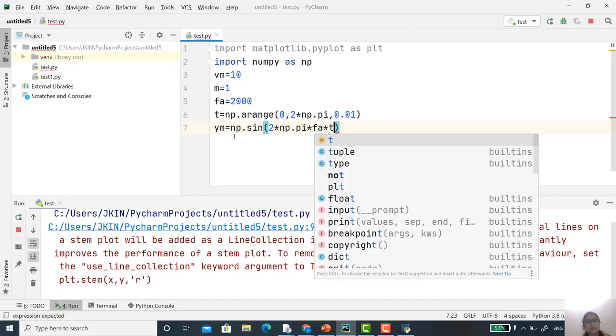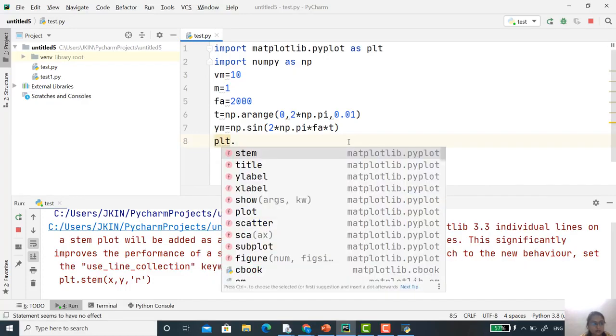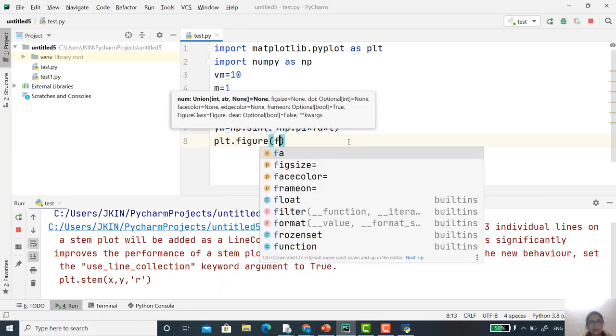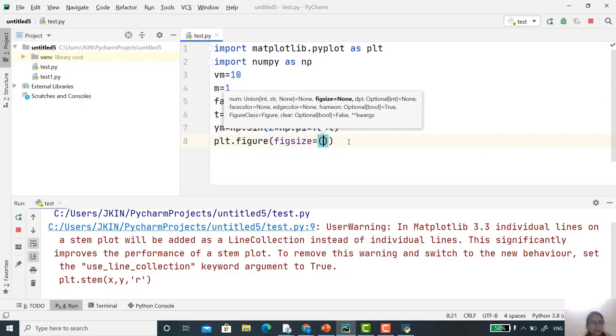Yes, you have that equation: y equal to the information signal, ym is sine 2 pi f t. So that is what I have written, 2 pi f and t. And then next, I want to plot this, so I'm using plot dot figure, and I specify the figure size, here 9, 3.